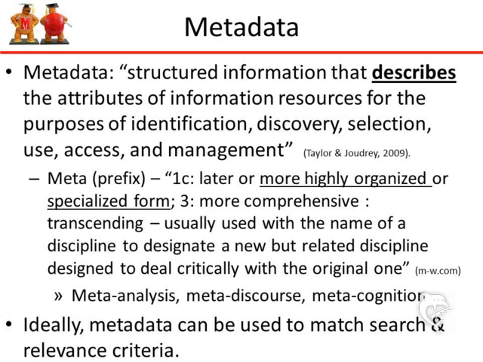Now, here's why metadata is important to us in 670. We use metadata to describe information resources. Great, but we don't just do that arbitrarily. Taylor and Joudrey tell us that metadata is structured information. The structure means that there are procedures for creating metadata in different environments. That's part of what we do, is we as information professionals help to create, maintain, or modify those procedures according to the needs of the organization or the user community. Part of the structure comes from defining metadata schemas, which you will read about in your textbook and which we'll talk about a little bit later in the presentation.